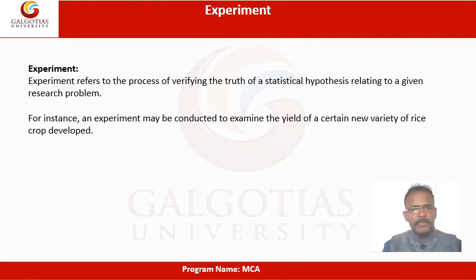So in the experiment, for example, we can get the yield. There are different types of rice varieties available. Some rice will take one year, or 9 months, or 8 months. But what about the new rice? It will grow within 3 months or 4 months or 2.5 months. So it is an analysis. What are the previous rice growth and yield available? What are the new rice crop's? So this is statistical-based and practical-oriented research.